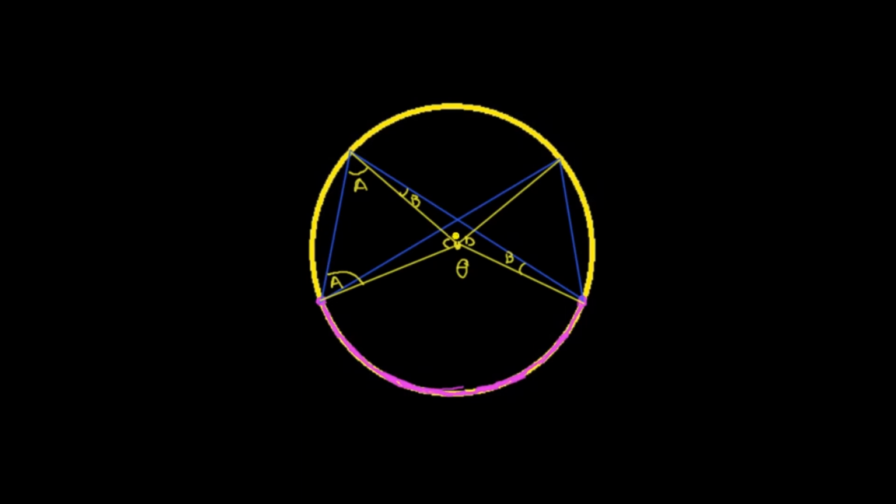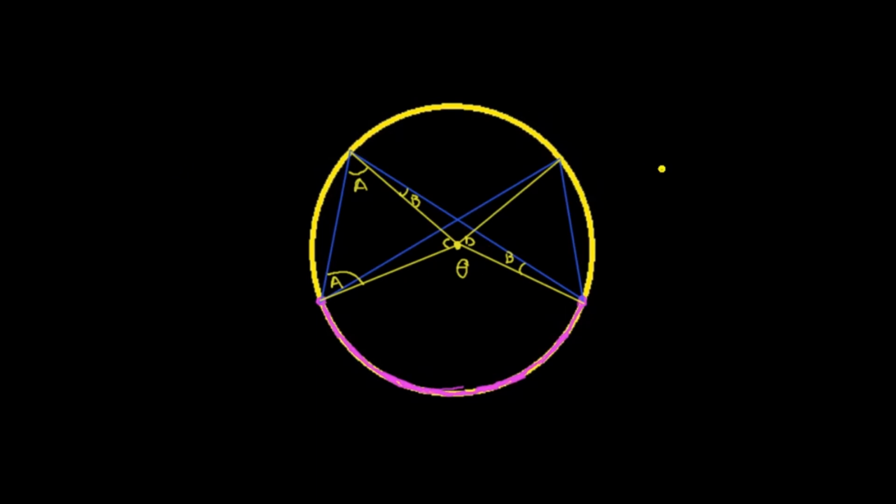Angle D, so this angle here. Okay, now let's look at this one here. To look at this one, let's start with this triangle. This side and this side both are the radius of this circle, so that means they should have equal length. That means this triangle here should also be an isosceles triangle, and this angle here should be the same.